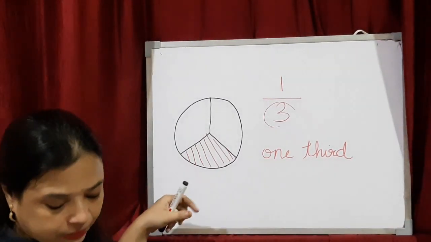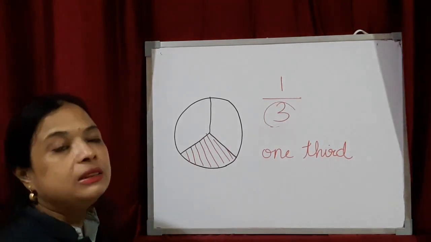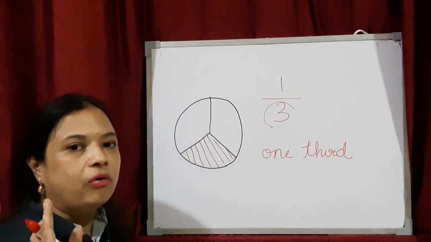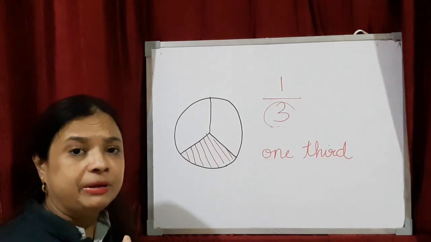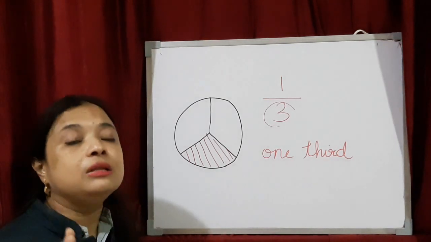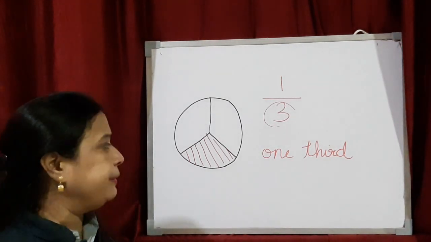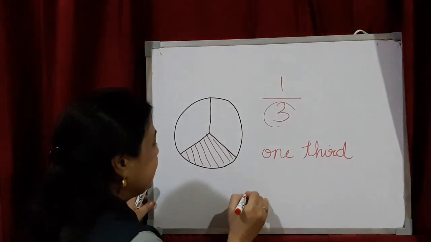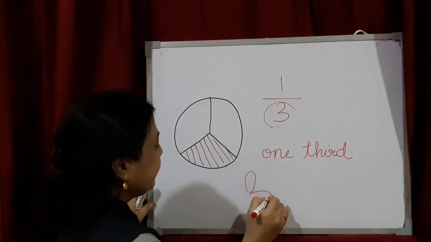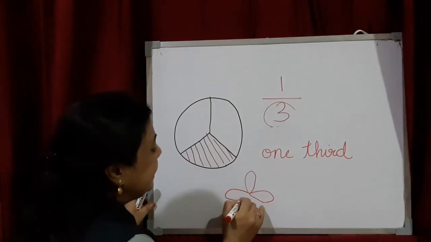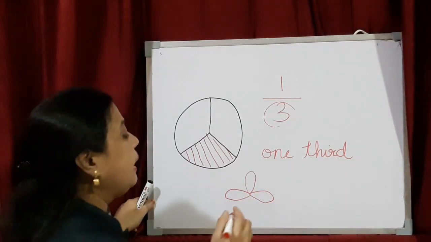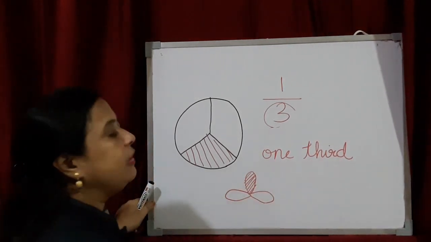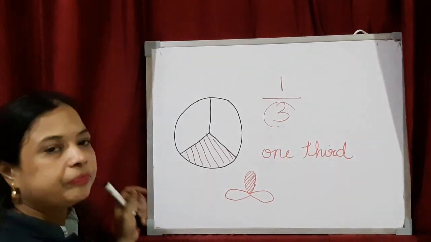Okay, I will show you another one. See now, this 1/3 can be any figure. The only thing which I had already told you in my previous video, that in a fraction the parts are equally distributed. फिर वो कोई भी shape हो, right? It can be like this also. As you can see that all parts are equal, and out of that if I shade one part, then my fraction will be 1/3.